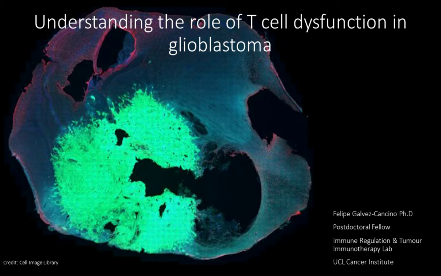And for example, just by not having NF1, glioblastoma cells can recruit macrophages. That's a very clear example of how a driver mutation can be controlling the tumor microenvironment. Regarding other types of mutations, there are very few that we know. So we hypothesize that, for example, in the case of EGFRvIII, it could be driving a T cell response just because it acts as a neoantigen, because it comes from a deletion in the EGFR locus that originates a new protein